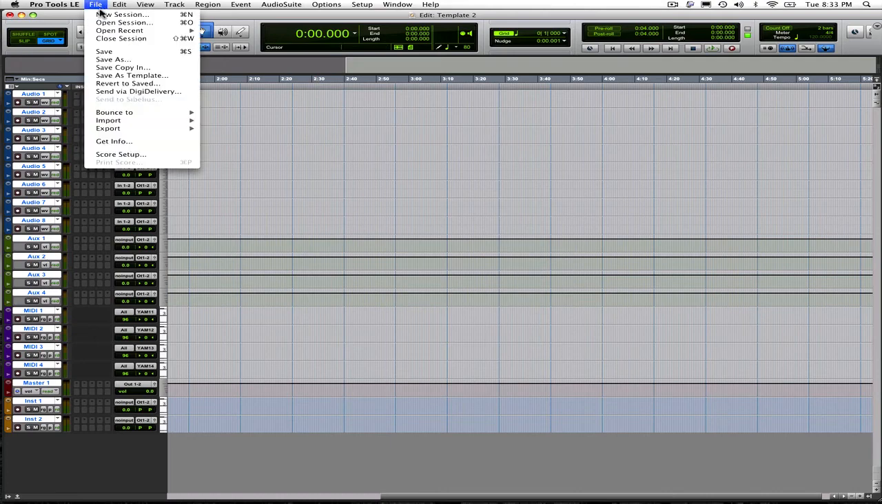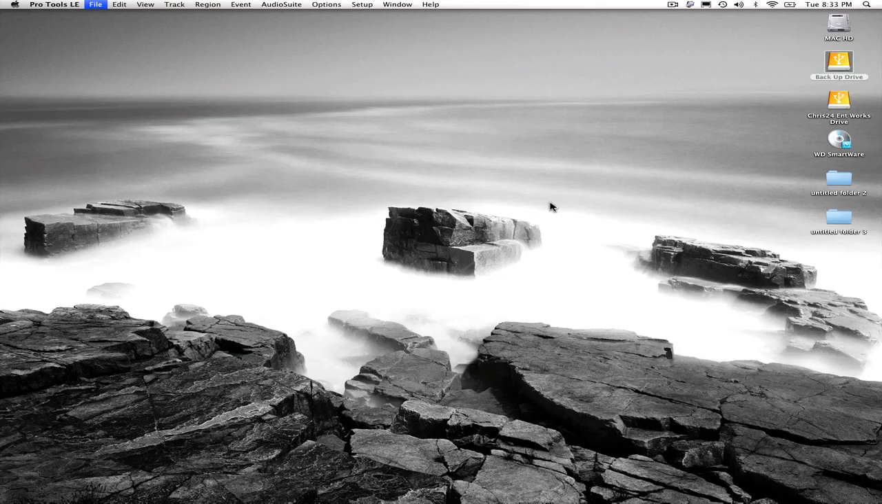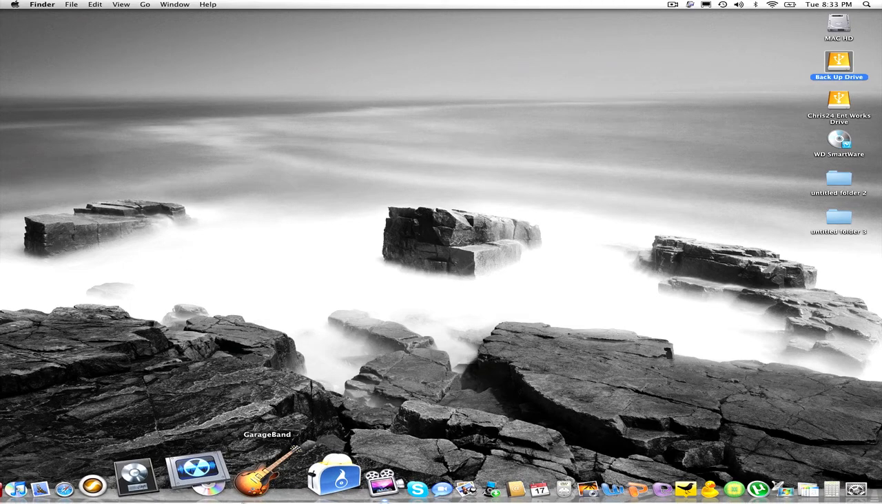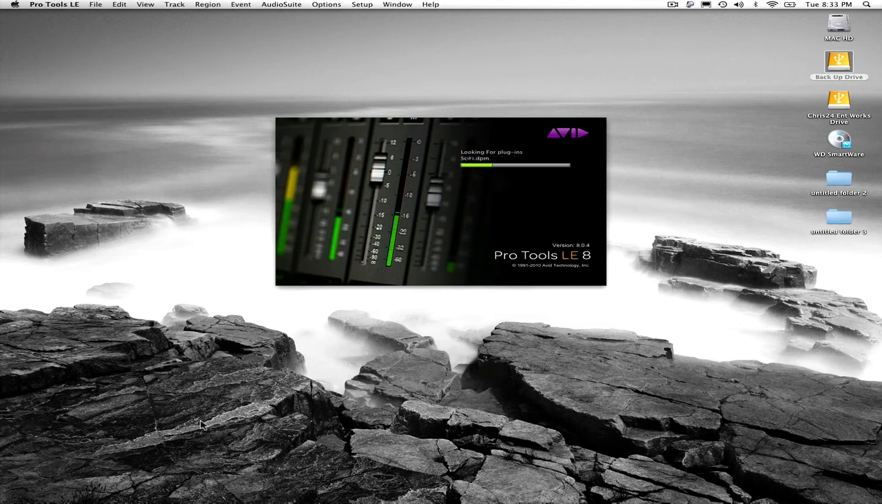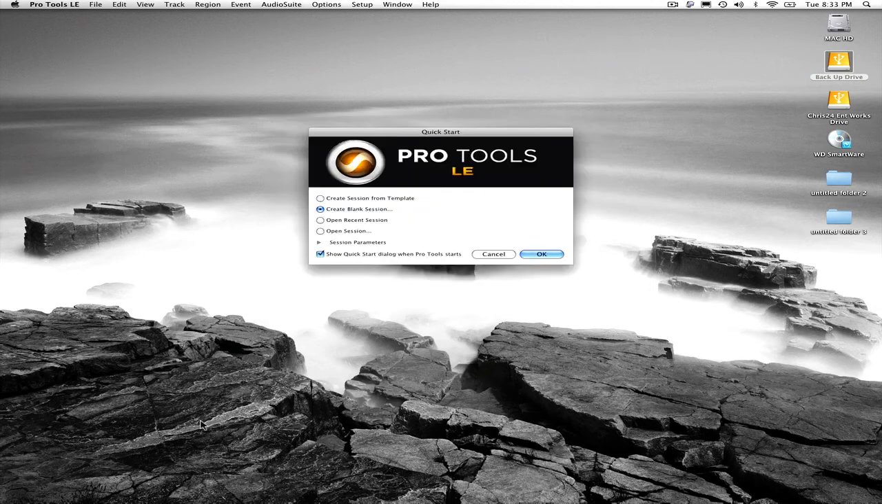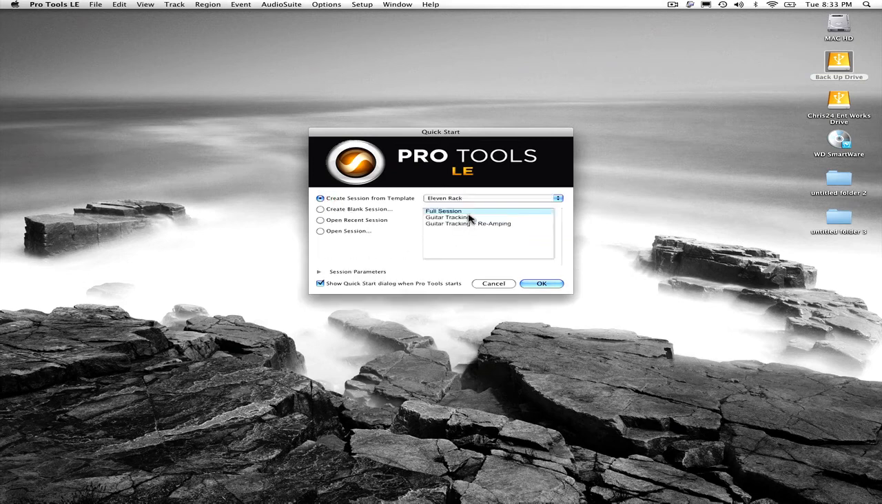So you can close completely out of Pro Tools, as we have. You can quit Pro Tools completely and open it back up. The great thing is, when you open it back up, the quick start menu will come up once it goes through all its loading. When your quick start menu comes up, you'll see your template there. If you go down to create session from template, I can go to the categories, go to acapella, template 1, and when I open it,